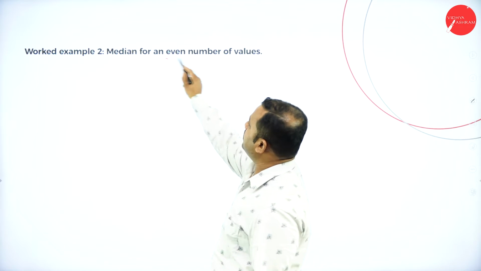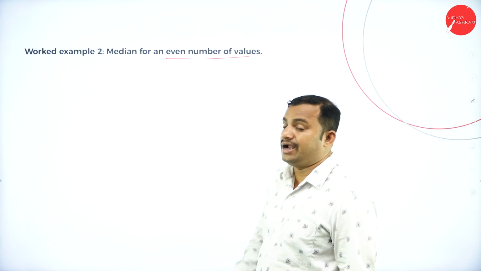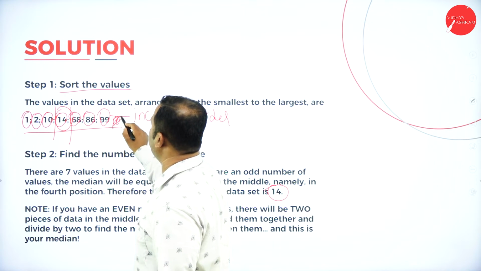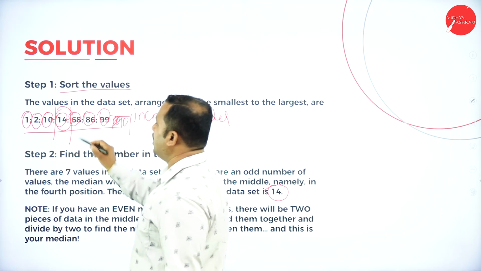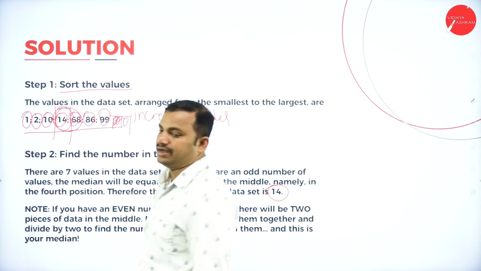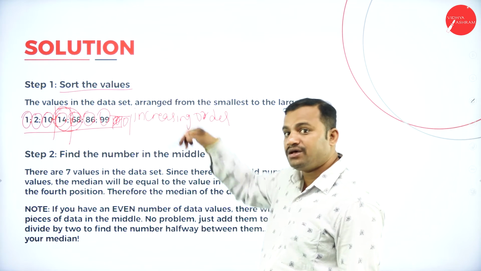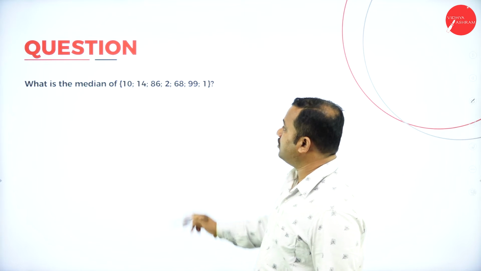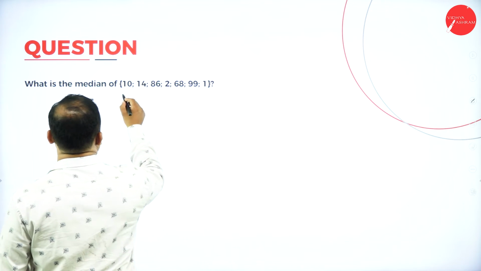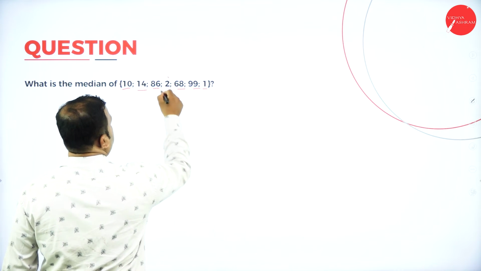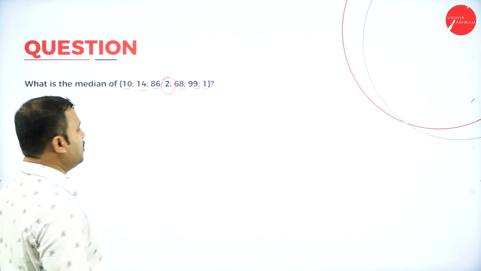For even numbered values, how can you find out the median? And of course, you will get 2 values here. Suppose I have 10 or 101 here, after sorting I will get 2 values, that is 14 and 68. So 2 values are obtained. So 14 plus 68 divided by 2, that is the value we have to find out. So we have the even numbered elements here: 10, 1, 2, 3, 1, 2, 3. In the middle we have 2. That is for odd numbered values.